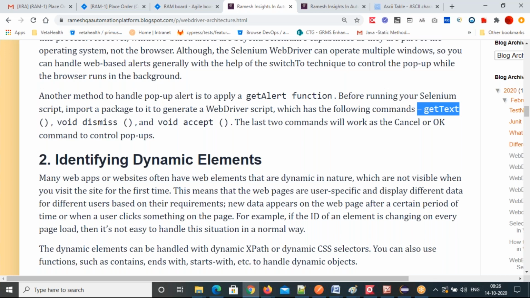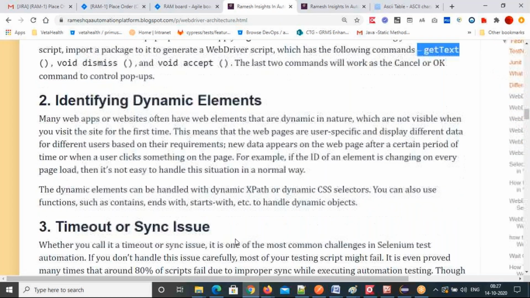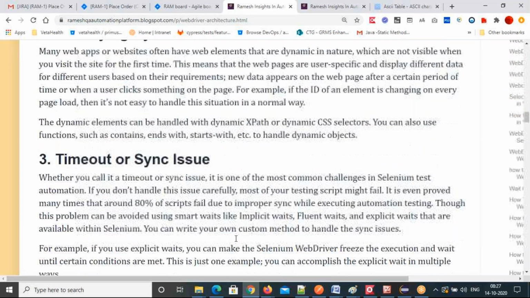You can use contains, ends with, starts with, and axes XPaths to identify your dynamically changing web elements. So this is the challenging task. So you can handle it with dynamic XPaths you can write. So that's the second challenge.